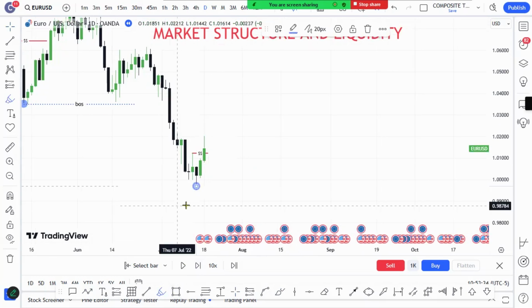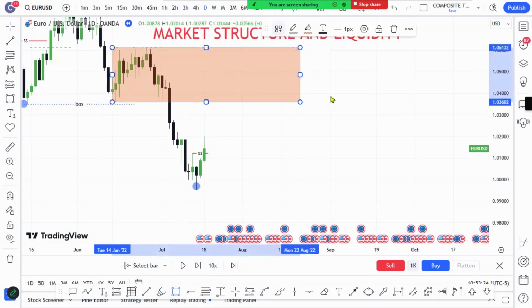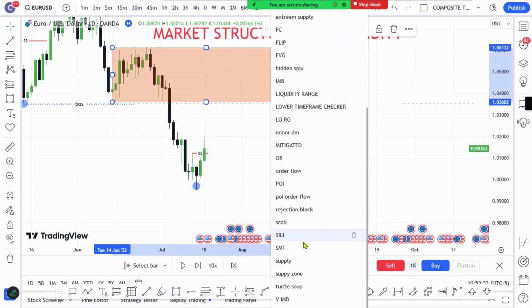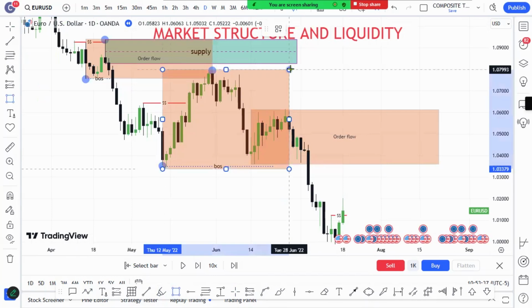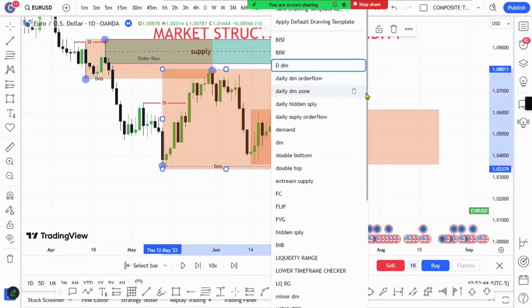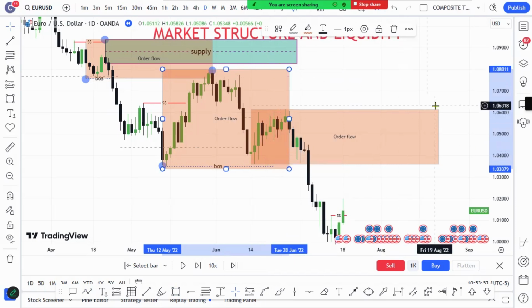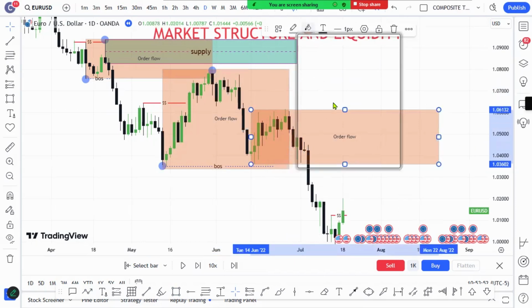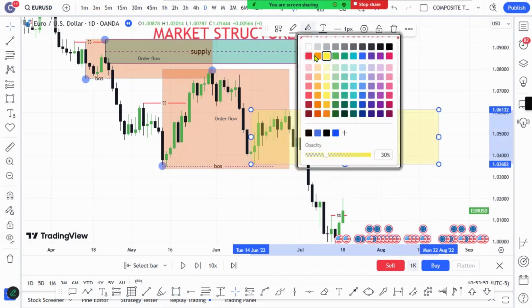This is our lower low. And probably this is your order flow. Again, refine order flow, but the overall order flow looks like that. The last buy before the sell. That is the first order flow. This one is the refined one. I can give it a different color. Maybe let's make it look like yellow, like this. Now that's the same color, like that.